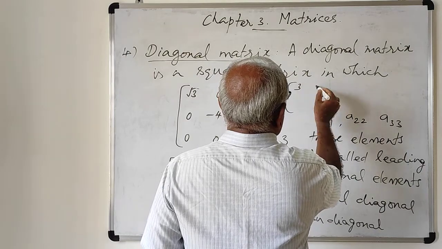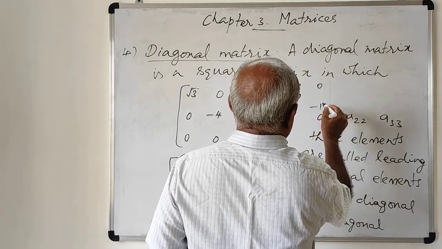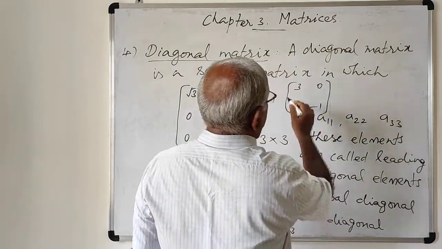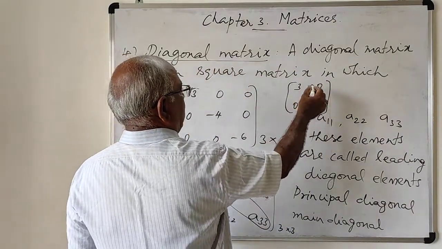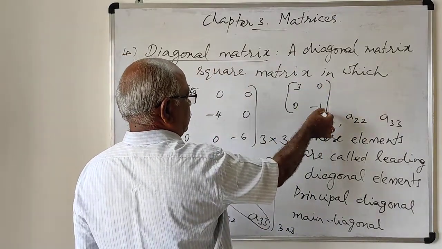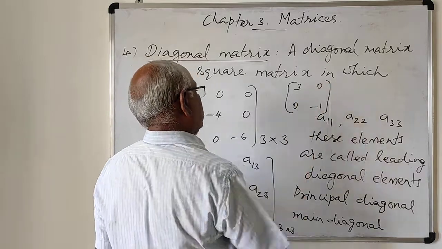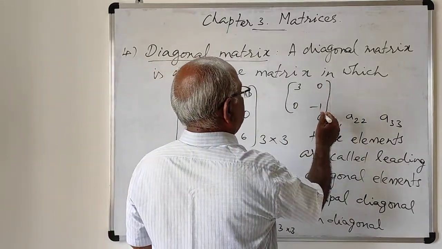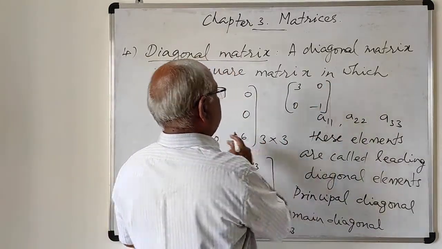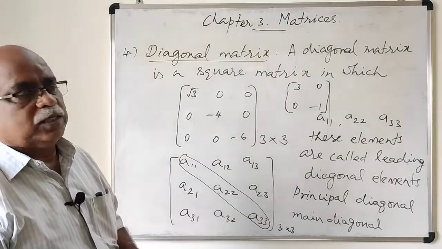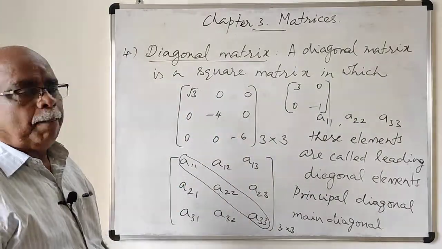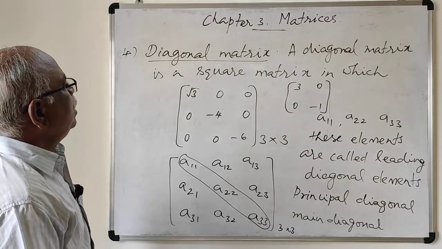3, 0, 0, minus 1. See, this is also a diagonal matrix in which the leading diagonal elements are there, except that these two elements are 0. This is called a diagonal matrix of order 2 by 2. This is 3 by 3 like that. Diagonal elements are explained. Diagonal matrix is explained. Now, fifth one,